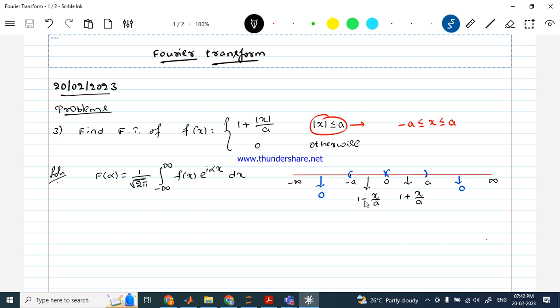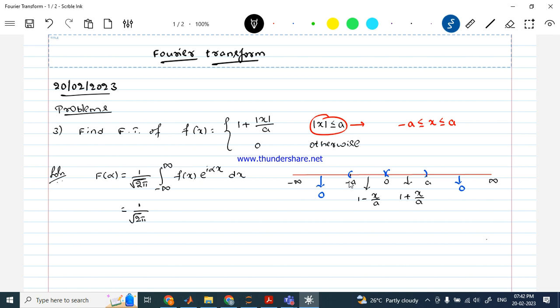So for that, what I am supposed to do, I should write mod x as minus x, so that when you take x as a negative number, that minus into minus will give us the positive number back. Which means in minus a comma 0 the function is 1 minus x by a, and in 0 comma a it is 1 plus x by a. Now if we come back to this integral, it's 1 by square root of 2 pi,